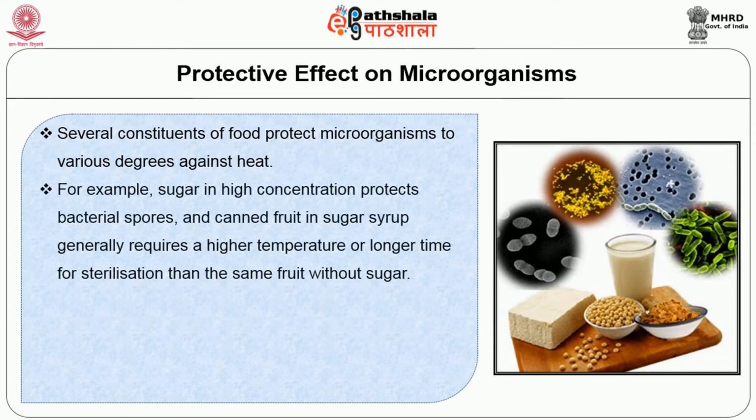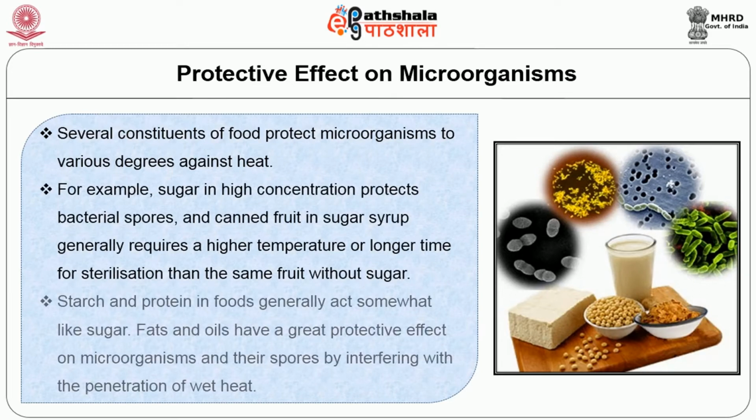For example, sugar in high concentration protects the bacterial spores, and canned fruit in sugar syrup generally requires a higher temperature or longer time for sterilization than the same fruit without sugar. The starch and protein in foods generally act somewhat like sugar. Fats and oils have a great protective effect on microorganisms and their spores by interfering with the penetration of wet